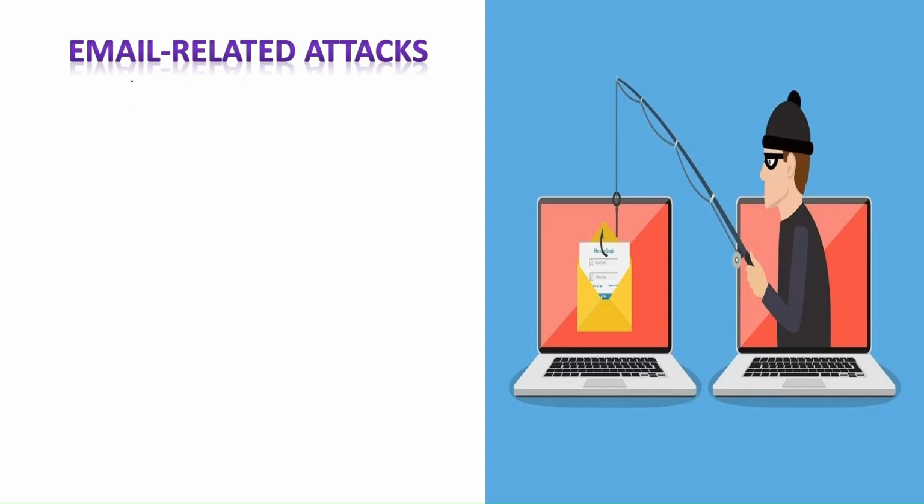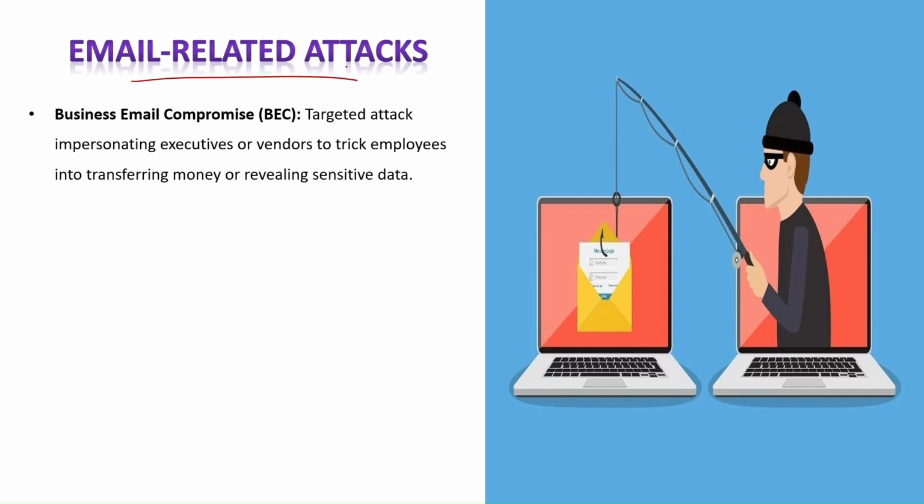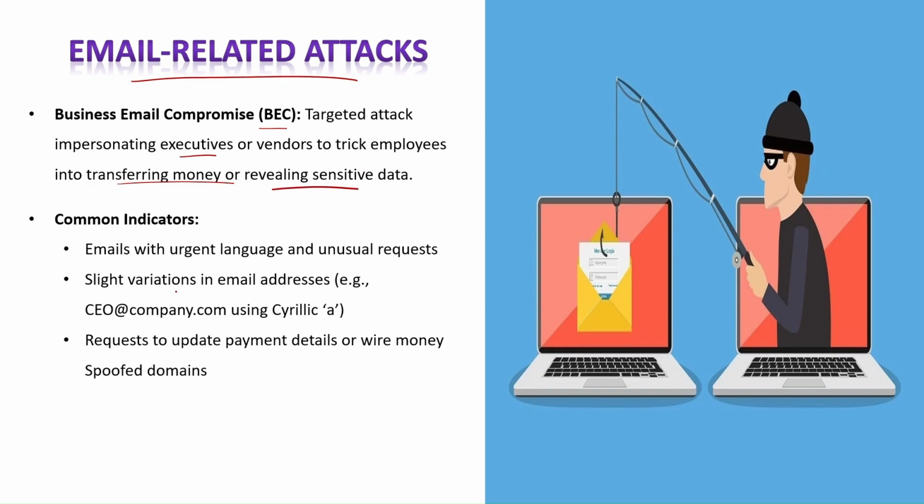So now coming over to email related attacks. Business email compromise, BEC, is a targeted attack impersonating executives or vendors to trick employees into transferring money or revealing sensitive data. Some common indicators of email compromise include emails with urgent language and unusual requests, slight variation in email addresses, for example,